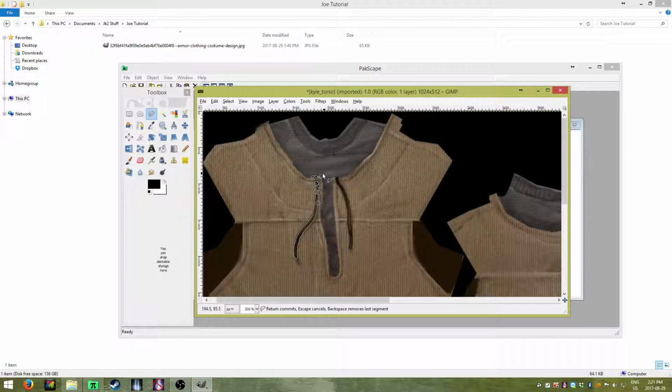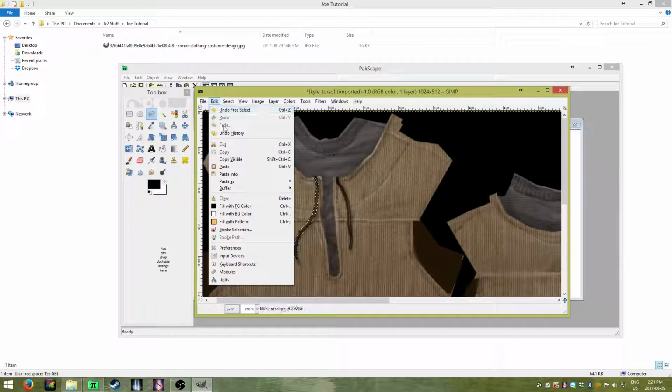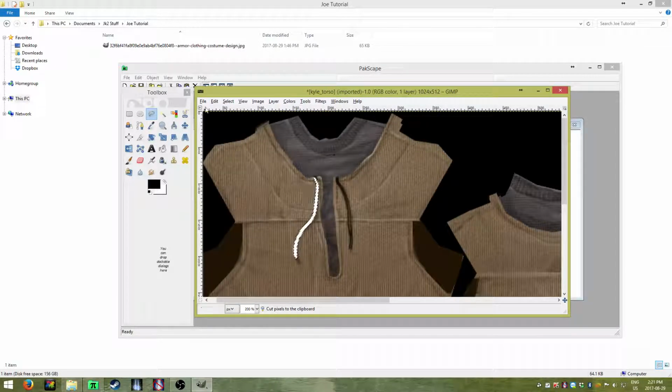And then once you're finished selecting, you go back to the first circle, and now we just selected that whole little string, whatever, and we can do whatever we want with it. We can, like I said, cut it, but we did that already, so we don't want to do that. So that's one way of selecting. The other way of selecting is,